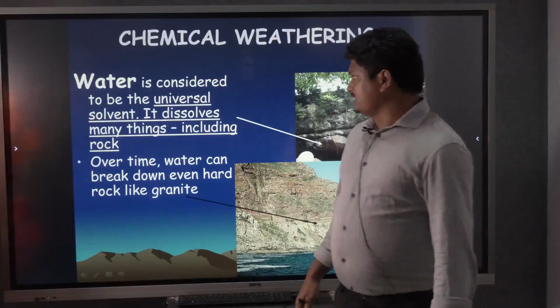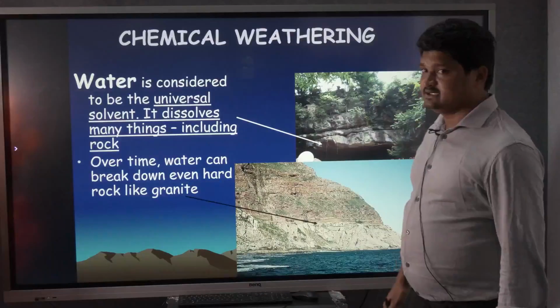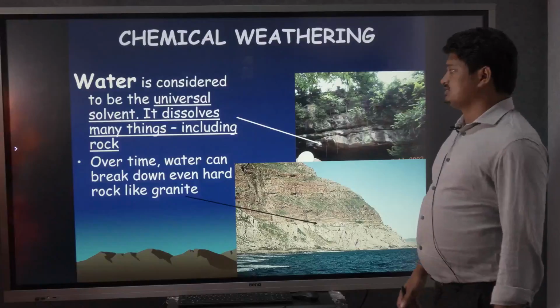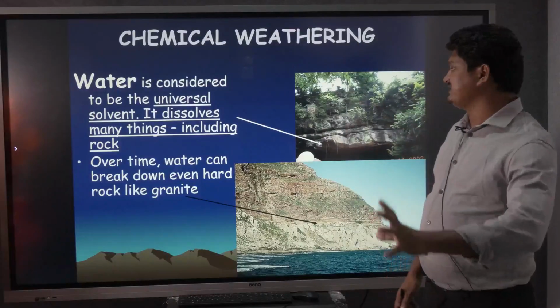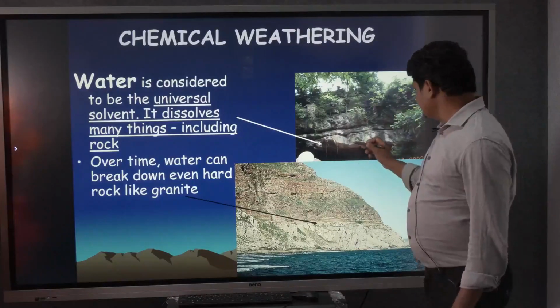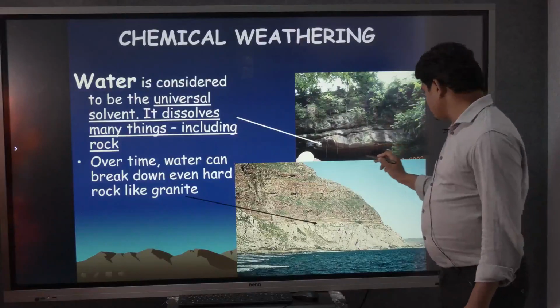We already know that water is considered the universal solvent. It dissolves many things including rock. See, so the formation of